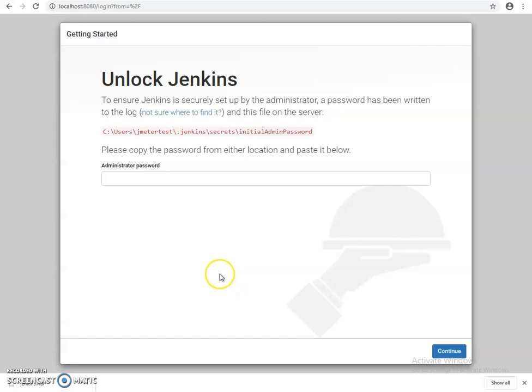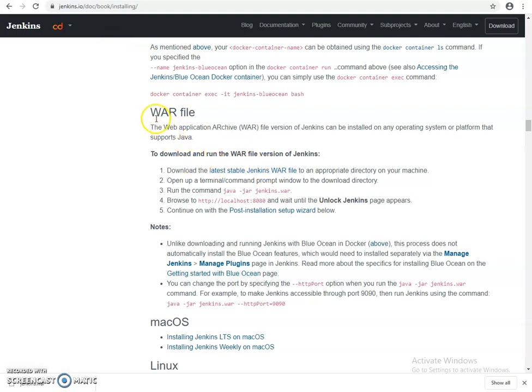To do this, firstly you have to do some settings. I am just showing you. So to install Jenkins in your system, you just have to go to the Jenkins site, go to this section of the page, and download the Jenkins war file first. As you can see, after clicking, the Jenkins war file will be downloaded here.